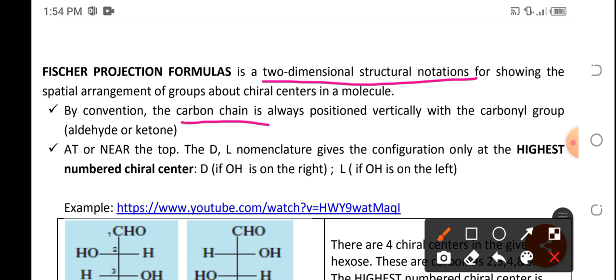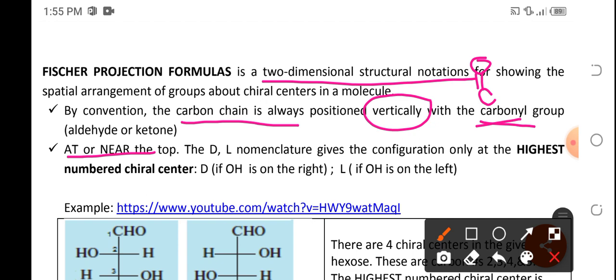The carbon atom or the carbon chain is positioned in a vertical arrangement with the carbonyl group, the C double bond O, ito yung functional group nila. Kung maalala natin, ang monosaccharides ay polyhydroxyaldehyde or polyhydroxyketone. That functional group is positioned at the top or near the top. Okay? And for monosaccharides, through Fischer projection formula, we could easily detect if it is a left-handed or right-handed molecule